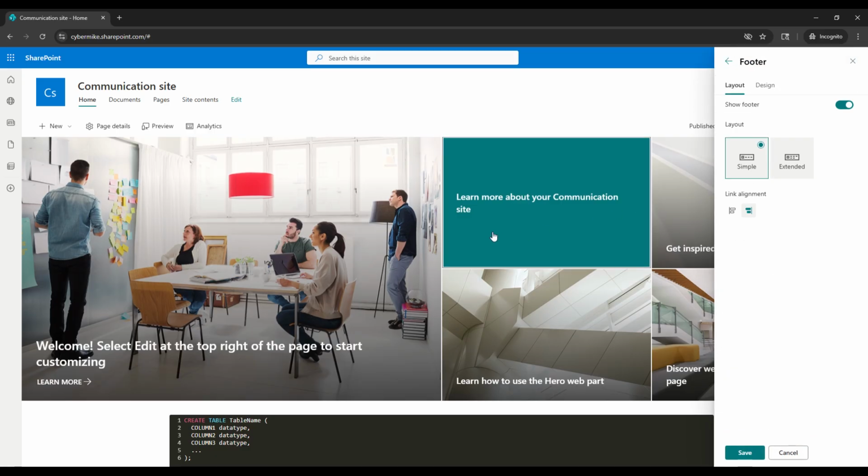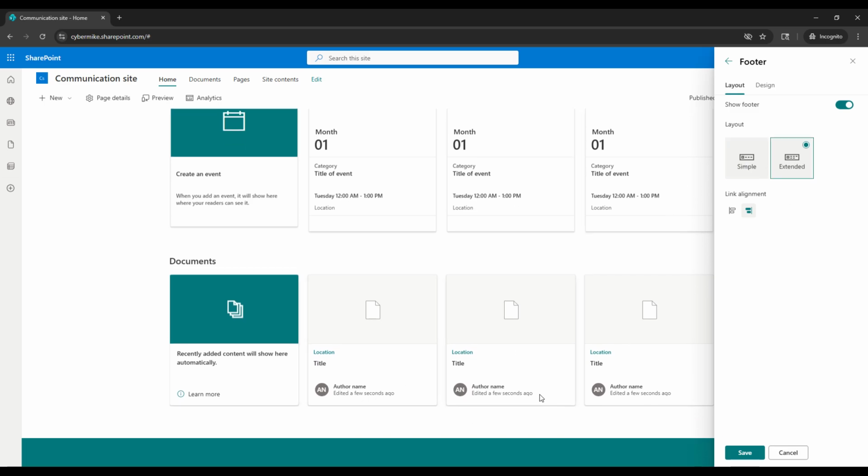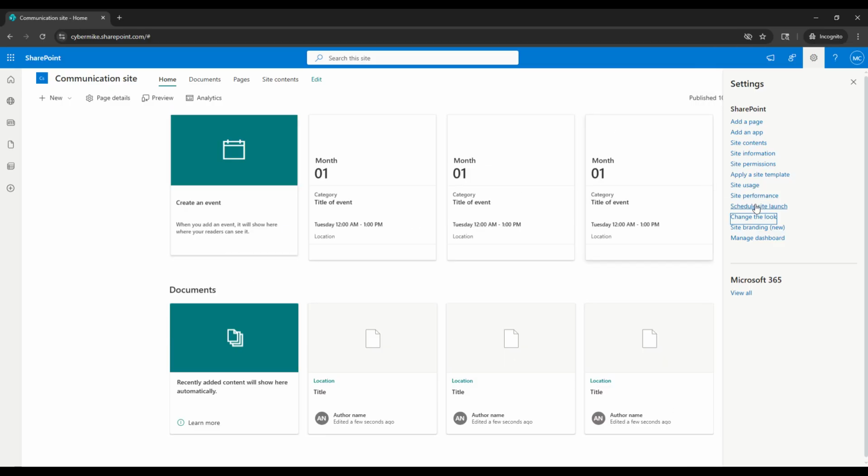And there's also the footer option. So we can always change the footer on your site. Right now it's just simple, and we can always add an extended footer if we want to as well. But right now our footer doesn't really have anything on it, so there's not much to change there. And that's pretty much